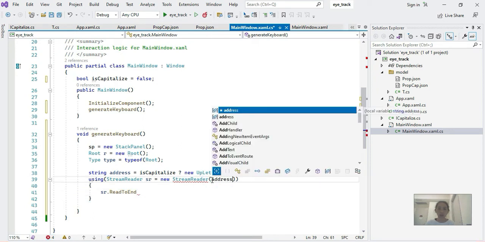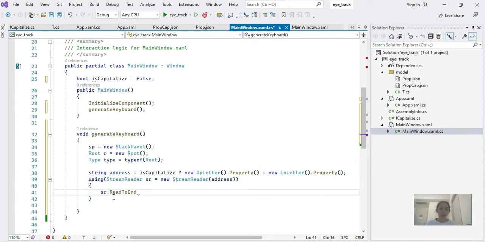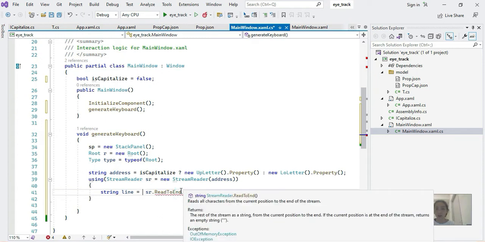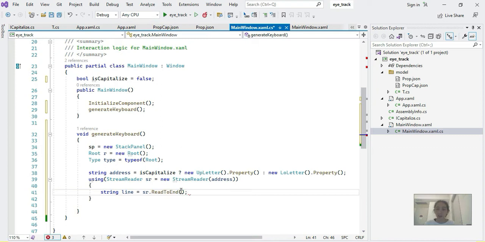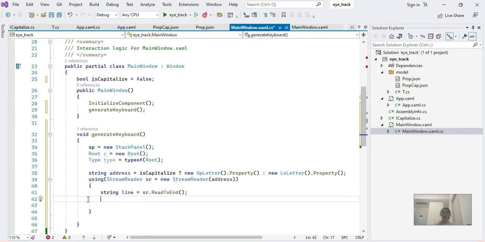Another address here. Okay, let's put the string line, so we call as a string read to end, and after that we have string line after read until end. We can go to